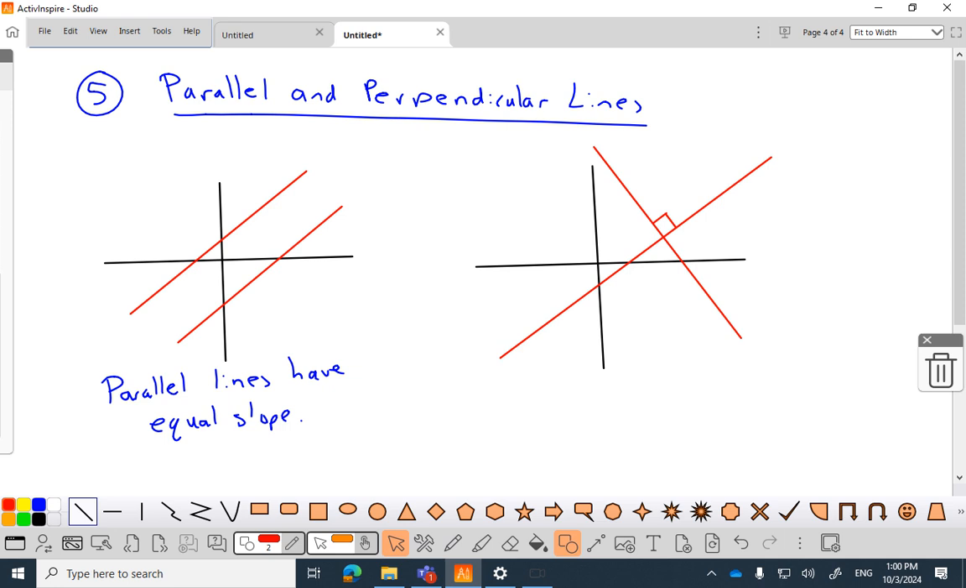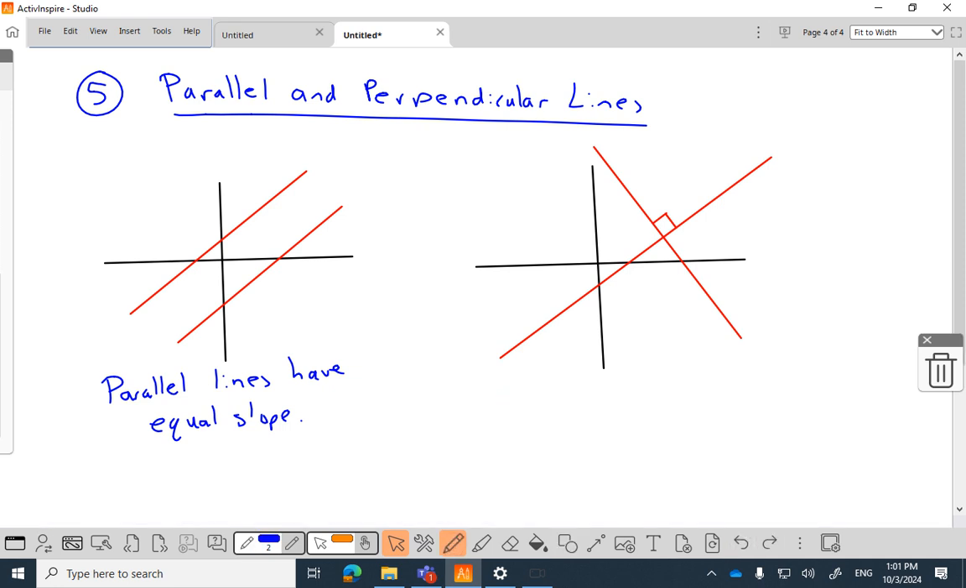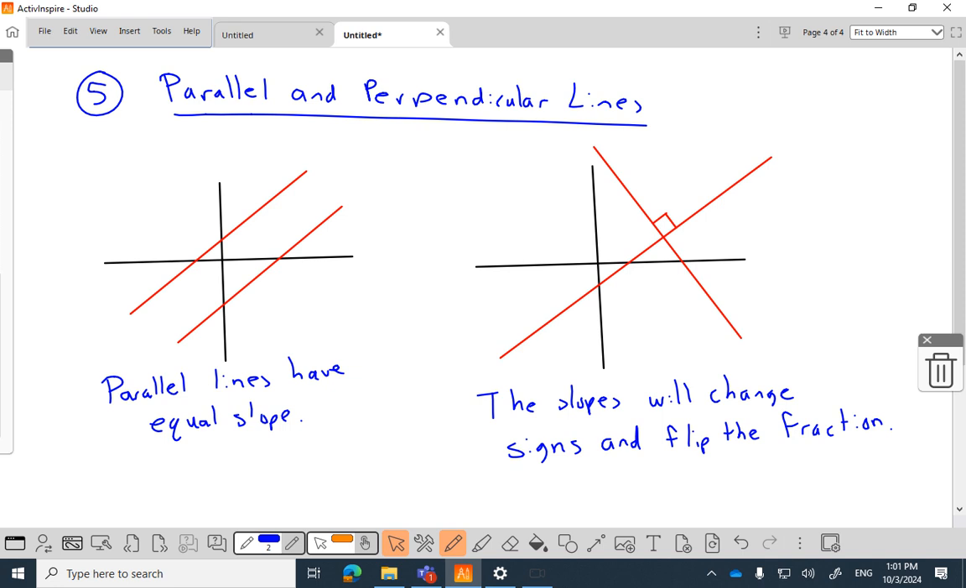This is a little difficult to say. Perpendicular slopes. The slopes will change signs and flip the fraction. The fancy way to say that is negative reciprocal. But I'm not going to use that here. All I'm going to say is